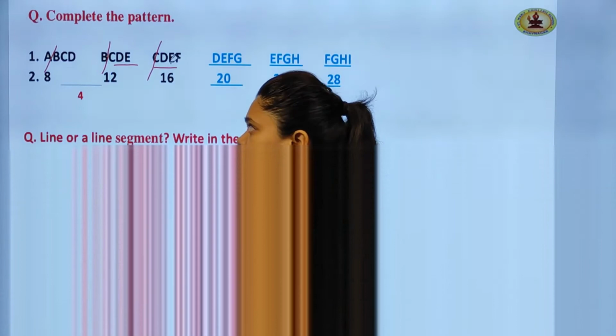Now children, the next question is to convert into rupees. You have already learnt in your previous class the conversion of rupees into paise or paise into rupees. Now the same thing we are going to do over here. From paise we are going to convert to rupees. Before that you must know how many paise make 1 rupee? Yes, 100 paise make 1 rupee.